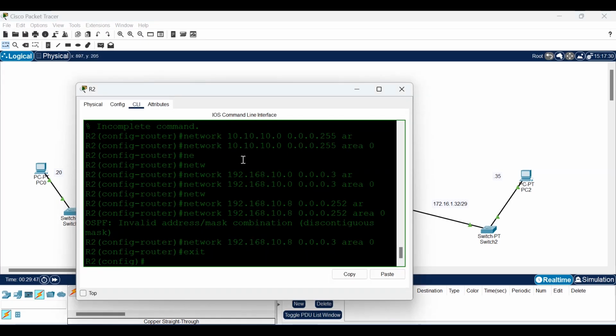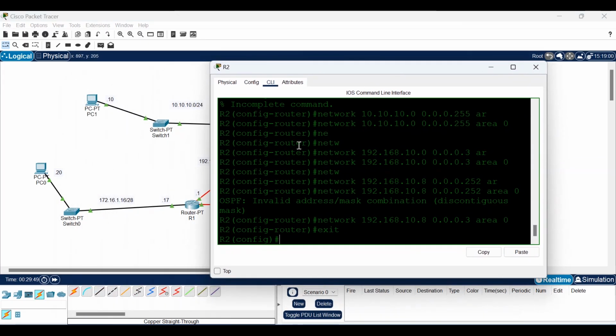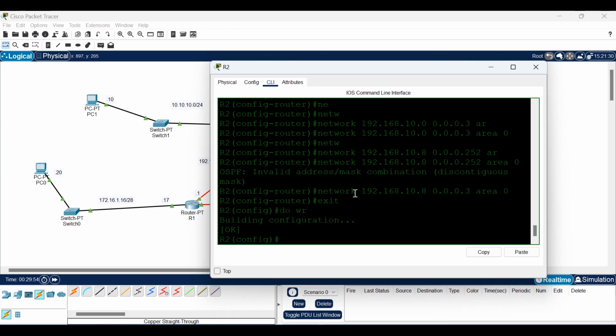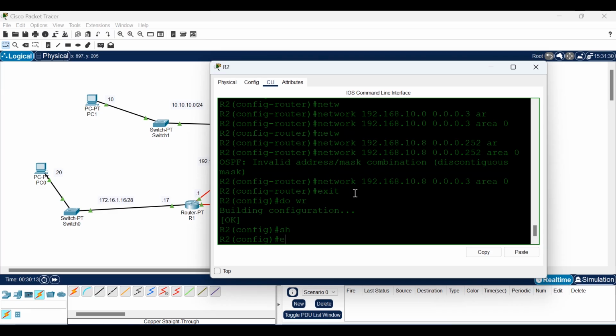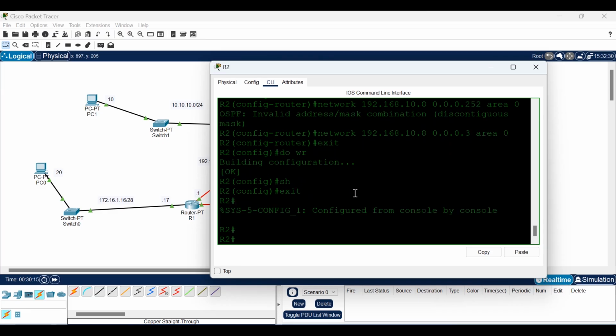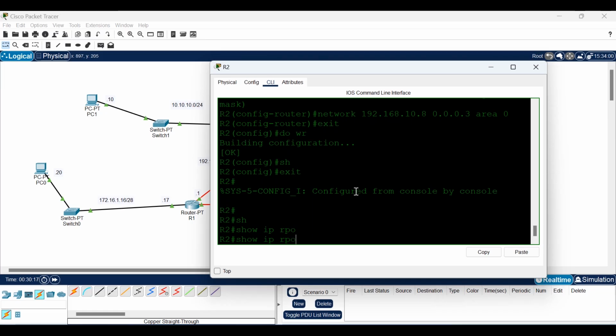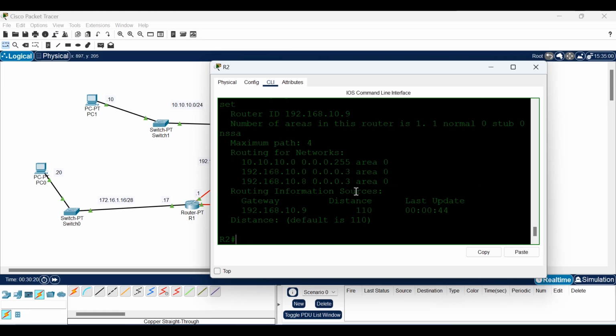We are now advertising them to all the other routers. So we can save that, and we do some basic checks to confirm that the interfaces, the networks are working, or the networks are being advertised. We could just do show. Let's exit here to make things easy. We show IP protocols. All right, so